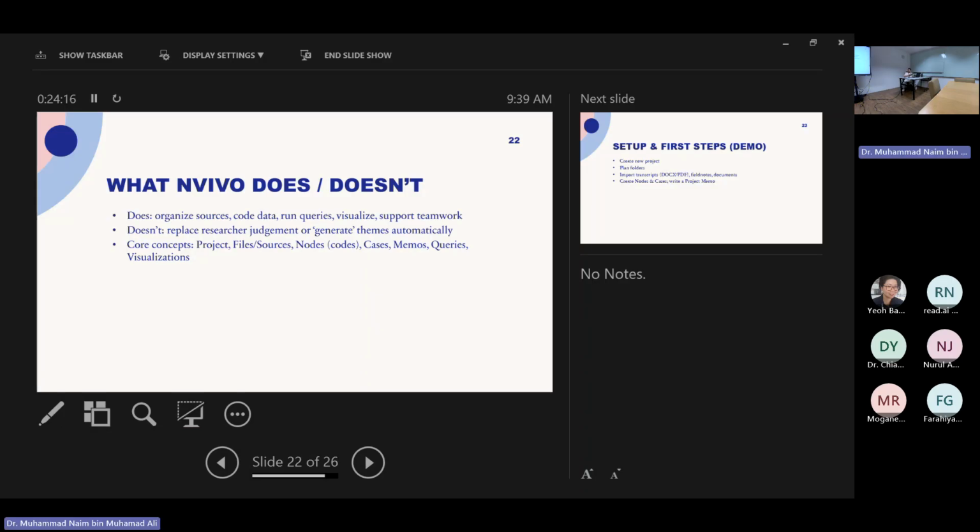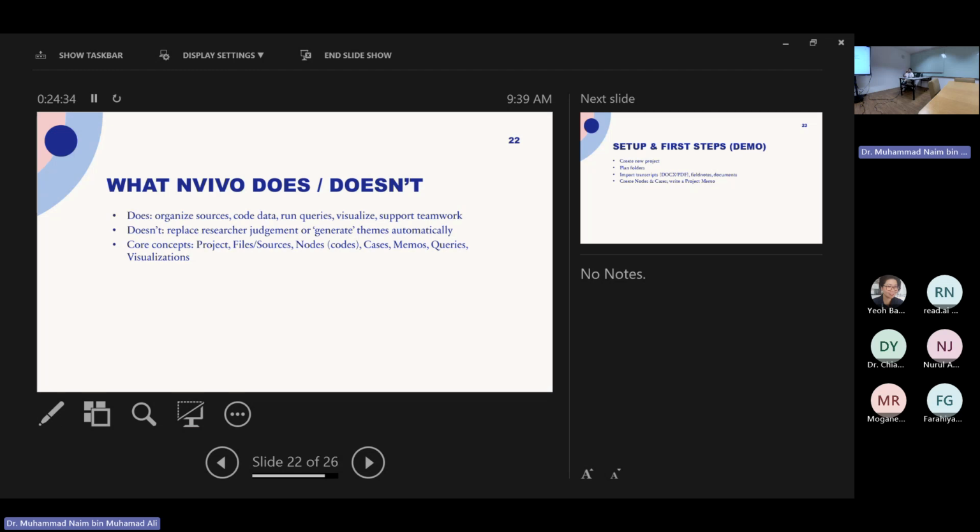They allow you to analyze surveys for open-ended questions. What they don't do is replace researcher judgment or generate themes automatically.